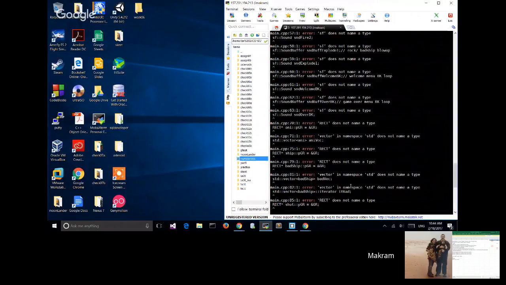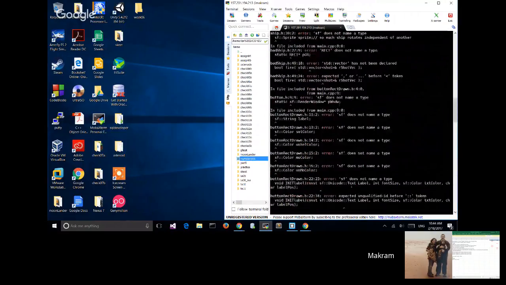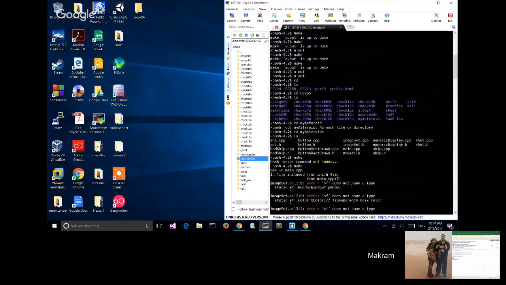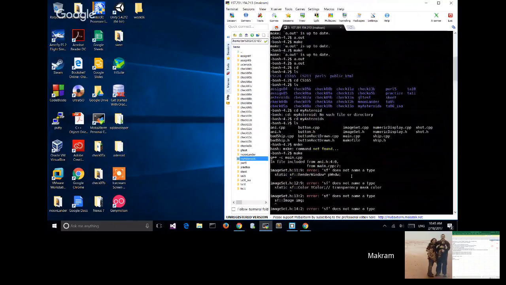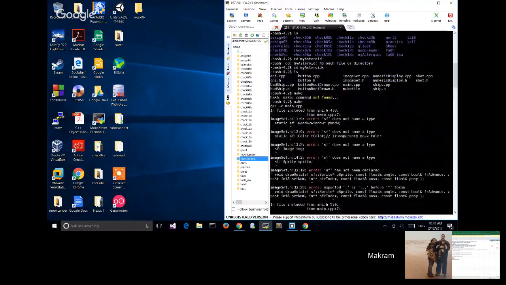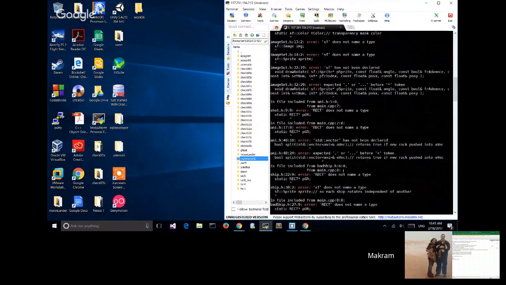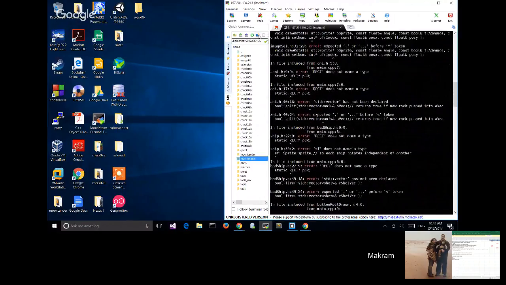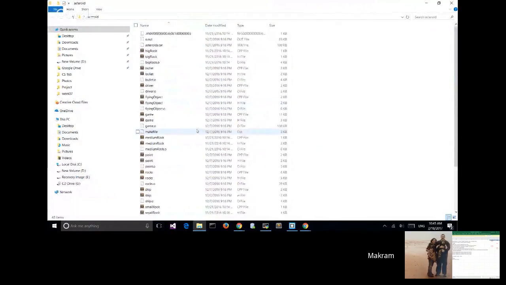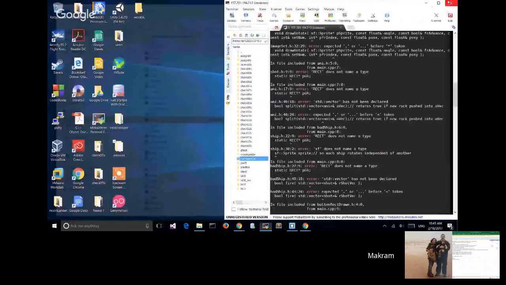My asteroid has a lot of errors. Missing a file or something?